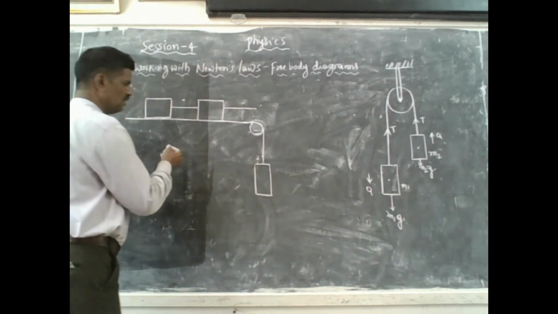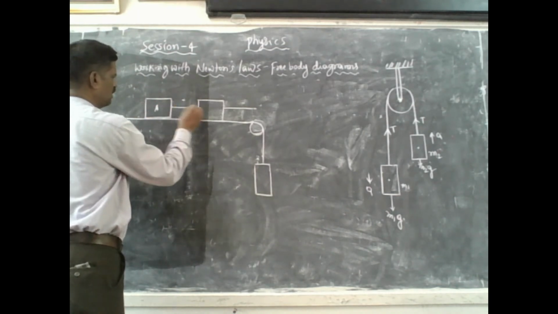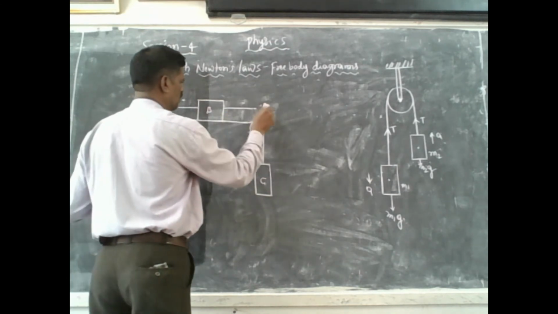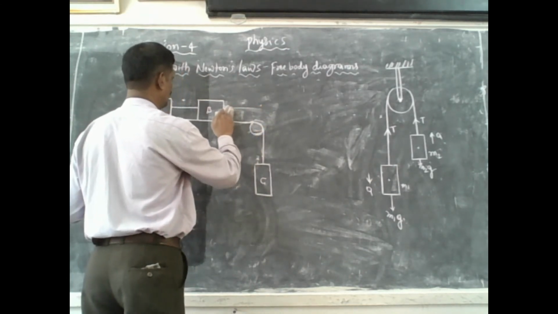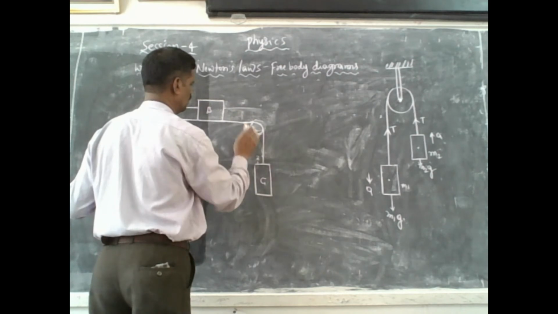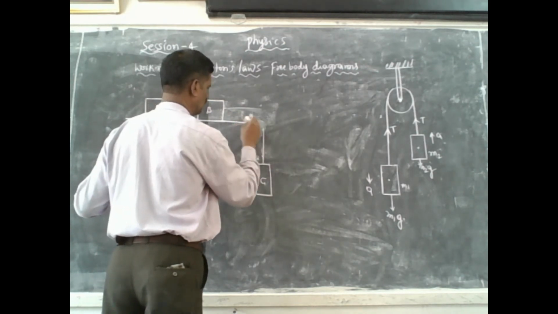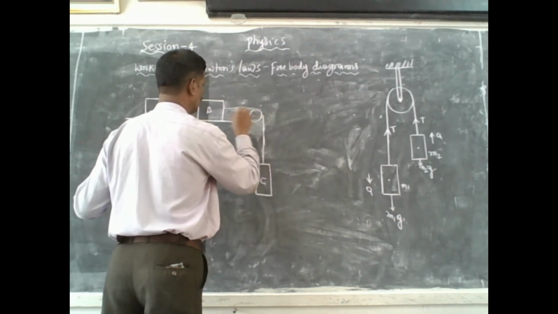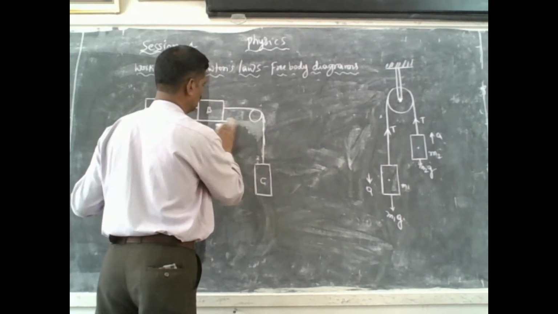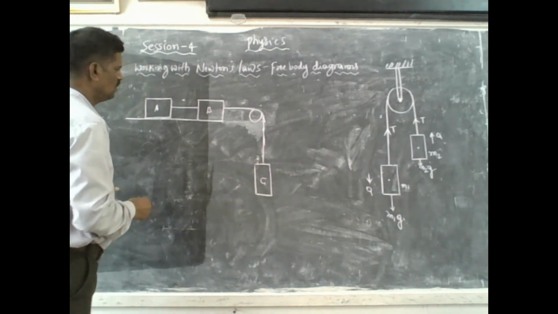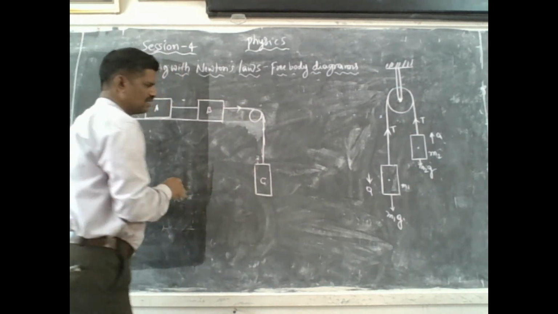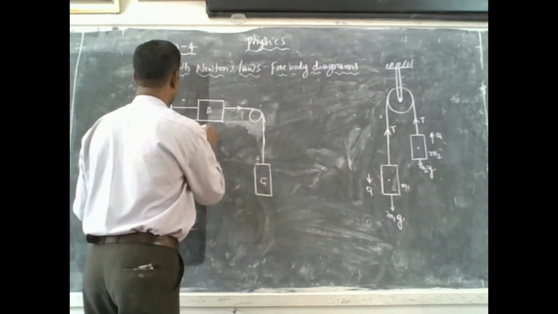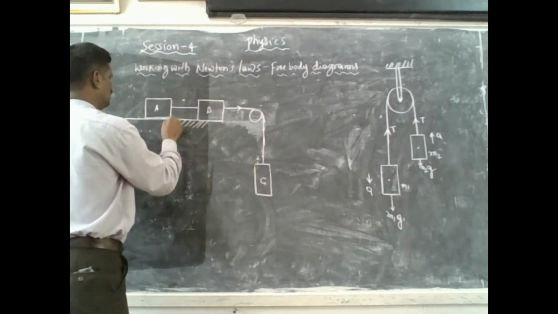So there are here three blocks, block A, block B and block C. The two blocks are pulled by block C. This is the horizontal surface